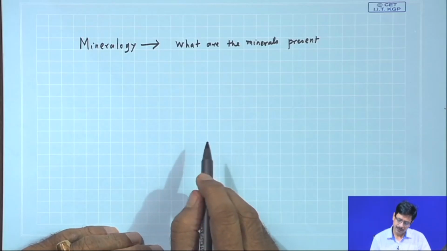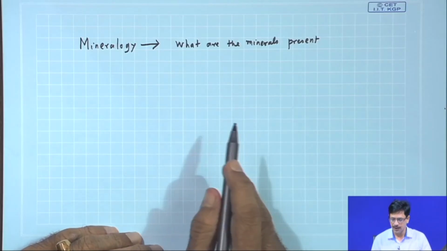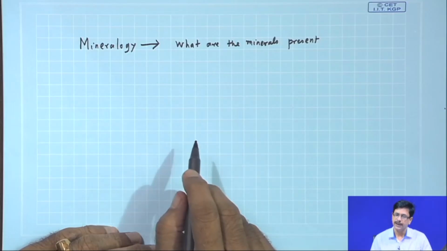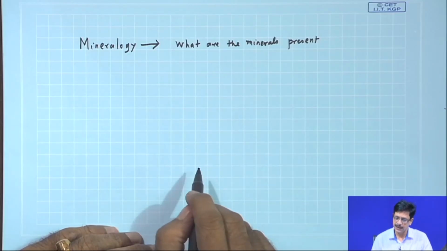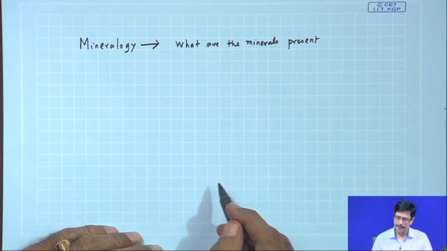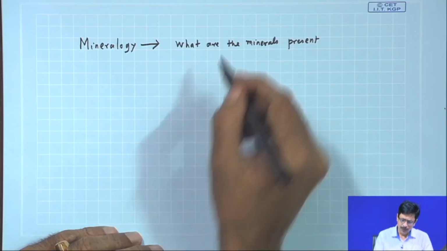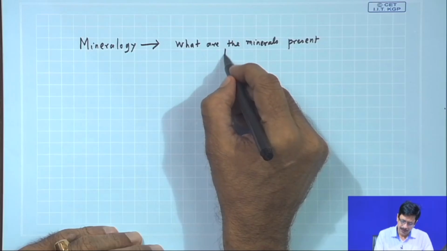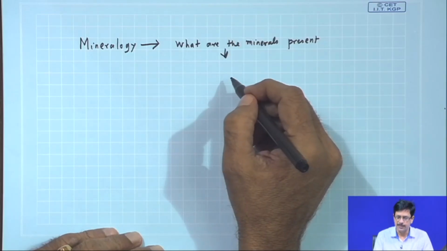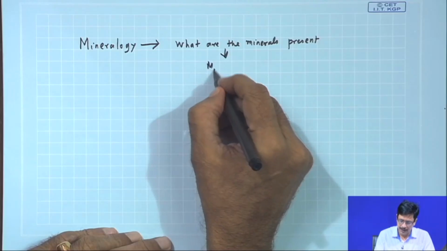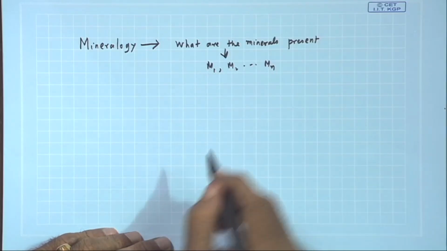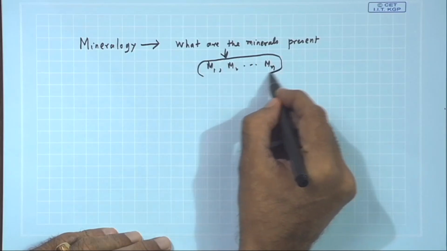In the introductory course lecture, we saw the division of the mineral kingdom into silicates and non-silicates. These non-silicates are oxides, sulfides, carbonates and so on. So, what is essentially required is that we must identify the minerals that are present in an ore body: mineral 1, mineral 2 and so on, mineral n, because this gives us